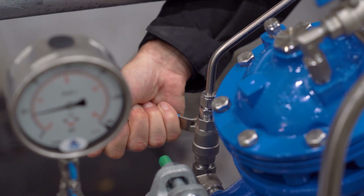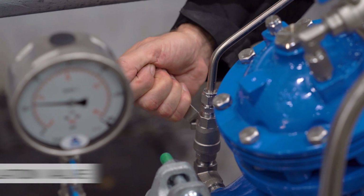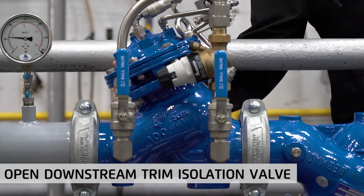You can now reopen the downstream control trim isolation valve on the main valve and allow the system to return